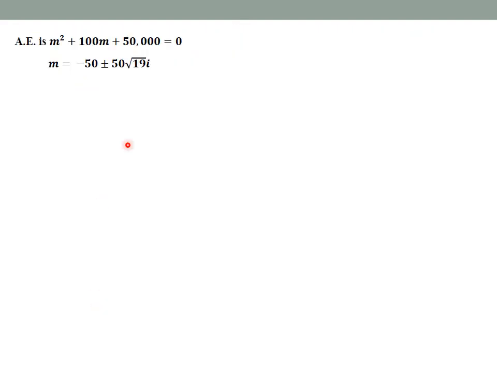Okay, now my auxiliary equation is m square plus 100m plus 5 into 10 power 4 is equal to 0, correct? So again, how will you write the solution? If you are finding both yc and yp, y is equal to yc plus yp. Same way here, we have to find out qc as well as qp.